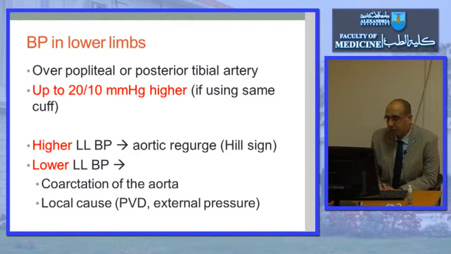But when the lower limb blood pressure is lower than the upper limb, I should think that there is decreased blood flow to the lower limbs, like in coarctation, or a local disease like peripheral vascular disease or external pressure. So blood pressure in the lower limb being higher than the upper limb is normal. Normally it is higher up to 20 millimeter mercury over 10 millimeter mercury, systolic over diastolic. When it is higher than that, I should think of aortic regurgitation. When the blood pressure on the lower limb is lower than the upper limb, I should think of coarctation or